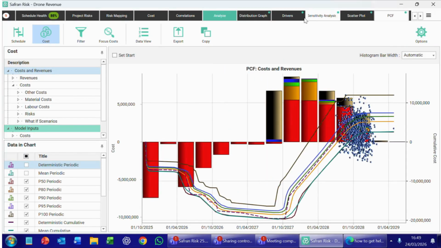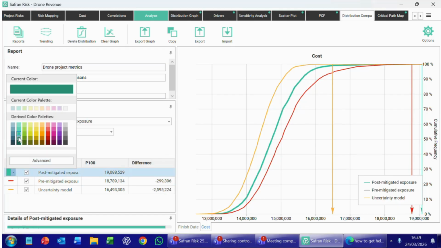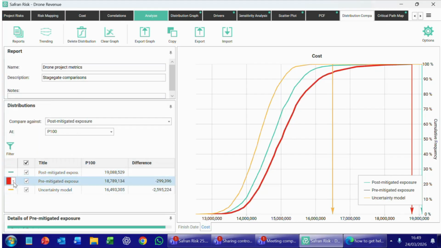So whereabouts are we? We are doing remarkably well. 10 minutes left, so just a couple of things to talk about on here, and then we can have any questions if indeed there are any. So first of all, again, it's a fairly minor little thing, but historically, once we sent distributions to this comparison chart, we were stuck with whatever the colours were that came through. Whereas now, if we click on them, we can then give a different color to the things that we want to see. So we can now color those differently,